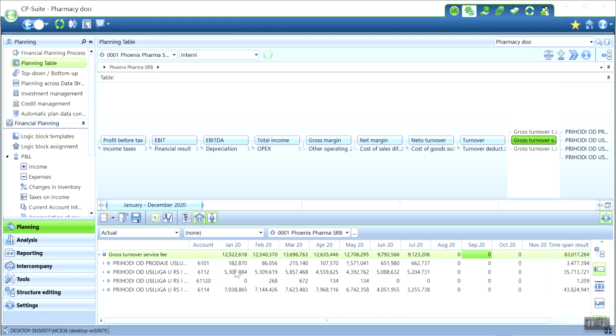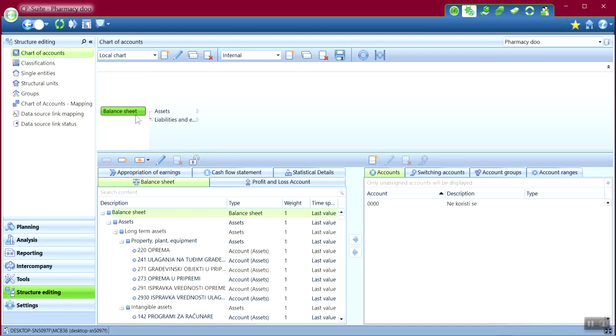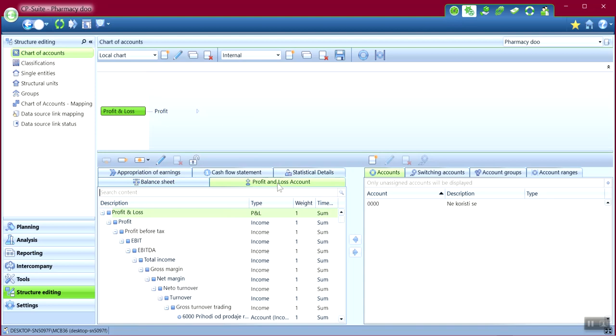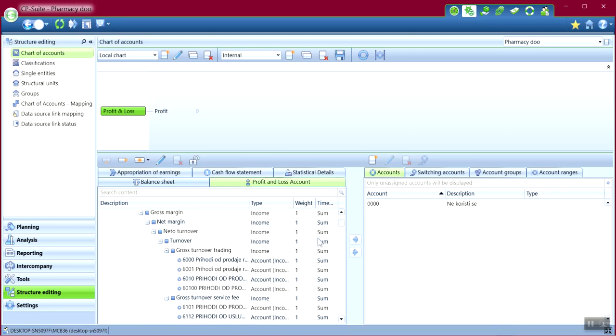But how is this structure of the account created? I will show you the chart of accounts. So in the corporate planner, we create the chart of accounts for our companies, and we define the structure of both P&L, balance sheet, and cash flow statement. So I will open the profit and loss account statement, and what we see here is how the structure of